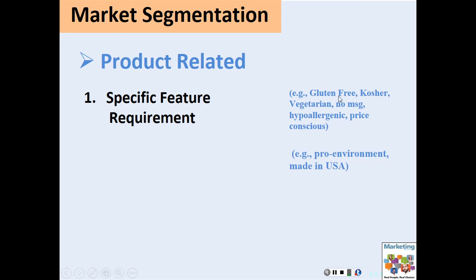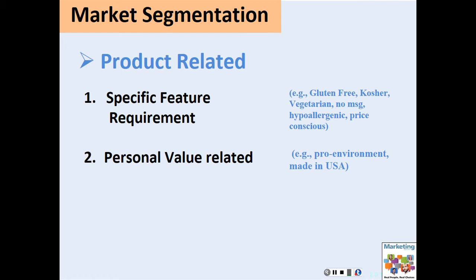Here are the examples. Some people might want gluten free, some people might want kosher, some people might want vegetarian, some people might want no MSG, some people might want hypoallergenic. Here I'm talking about pillow, for example, whereas here I was talking about food. Some people may want only a low price product. And then some of these features you might seek because they relate to your personal value. So the fact that you want gluten free is not related to any personal value. Kosher might be related to personal value. Vegetarian might be related to, but no MSG and hypoallergenic are not related to your personal value.